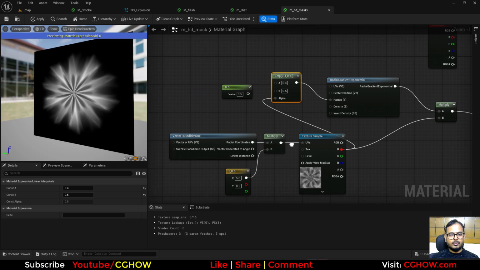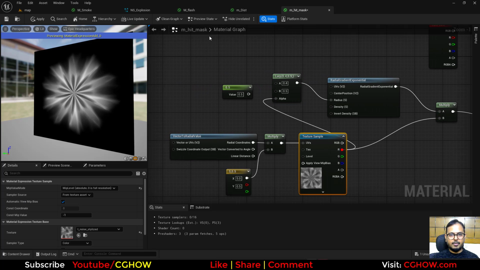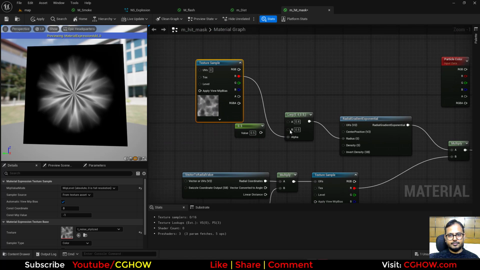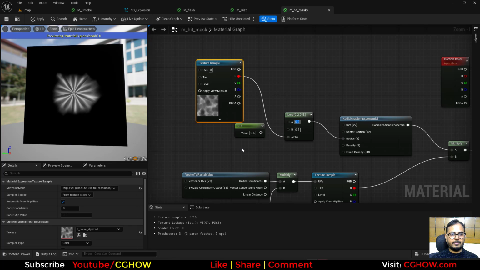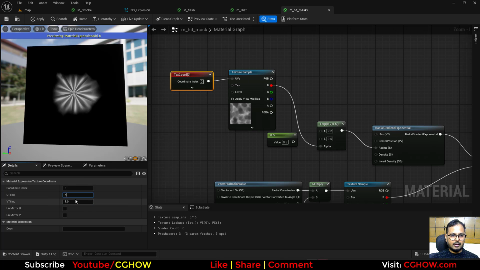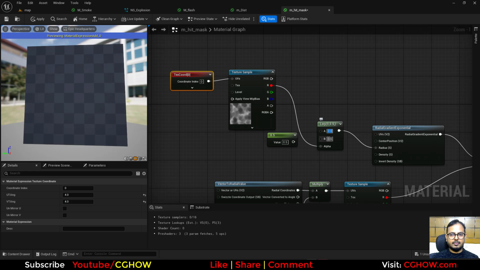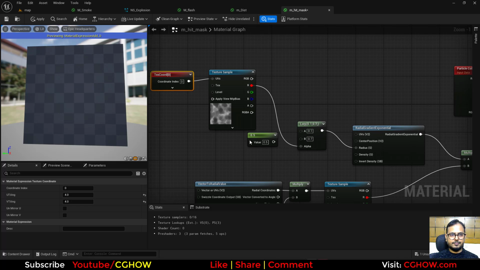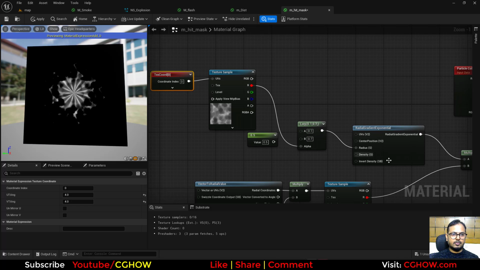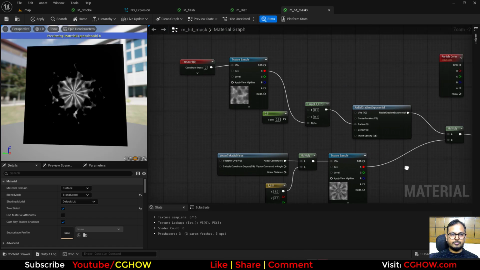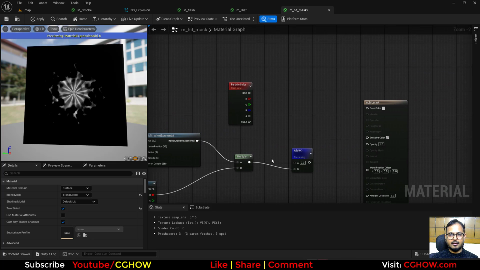Cool. So basically what you can do, you can just take the normal texture and connect this here. Yeah, just make it like 4. So it's making it uneven. See? So this looks also cool if you want to use. Okay, so I'll just go with it and